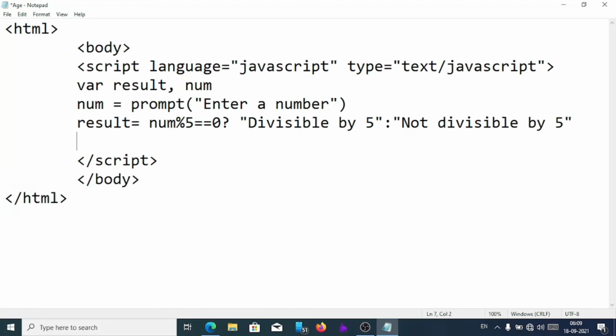And we have to show the result for that document. Here result. Now save the document. Let's see it work or not.